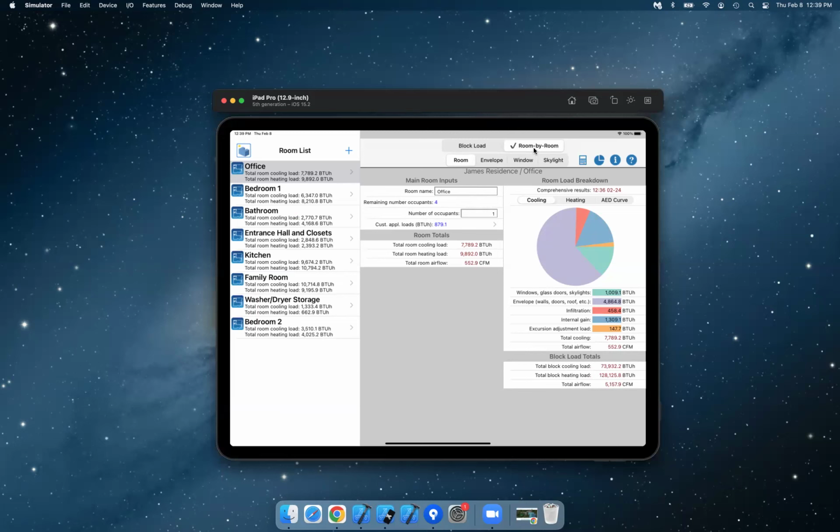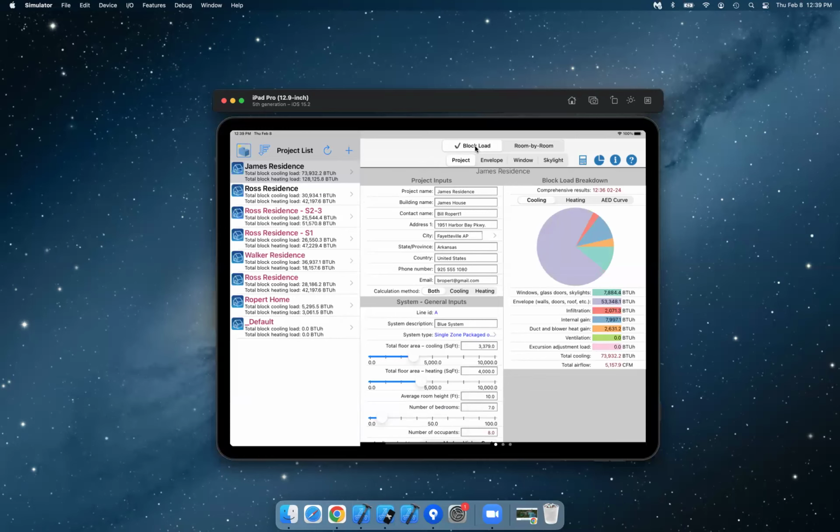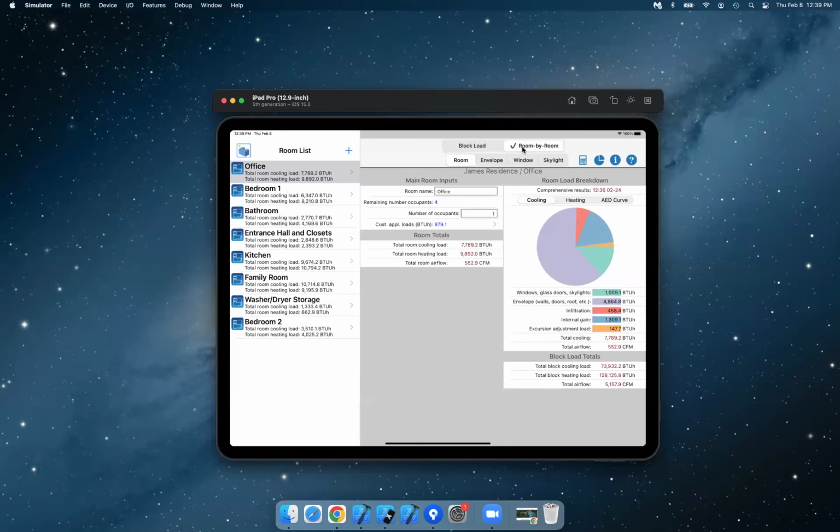So this is the room by room. You can see it has the same subtabs: envelope, window, skylight. Now, the room by room and block load are different. If you add up all your room by room loads, you are not going to get the exact same cooling and heating load as your block load. If you do, it's a total coincidence. Because if you think about it, in your room by room, your peak loads are going to occur at different times during the day. So in theory, if you enter all of the rooms that are in that home, and you add up all the cooling and heating loads, they're actually going to be greater than your block load,